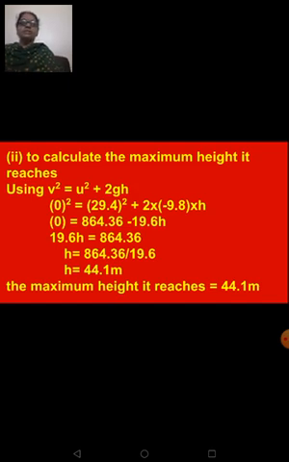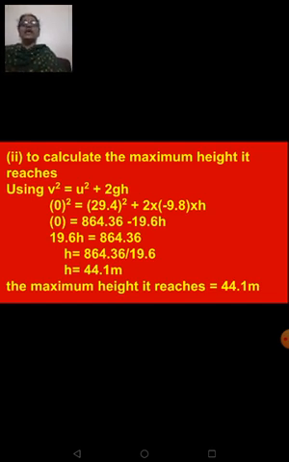It's a simple multiplication which you can do by yourself and see. And 2 into minus 9.8 will give you 19.6h. Again, we want the value of h. So let's take this minus 19.6h, which is on the right side, to the left hand side. So when it is moving to the left hand side, the negative value will become a positive value. So 19.6h is equal to